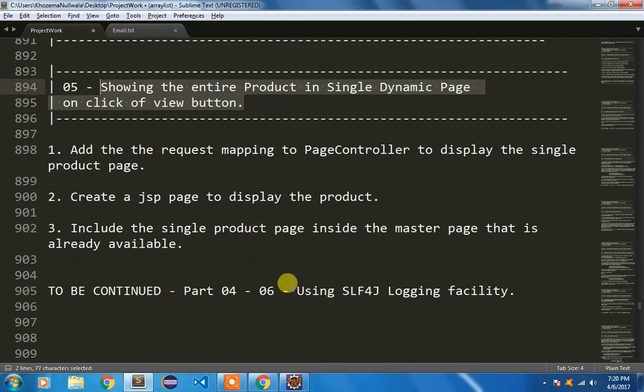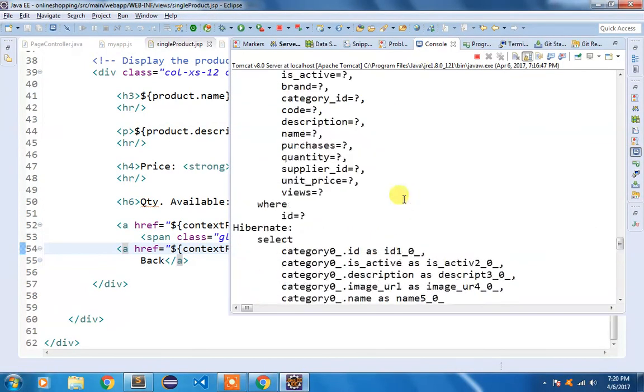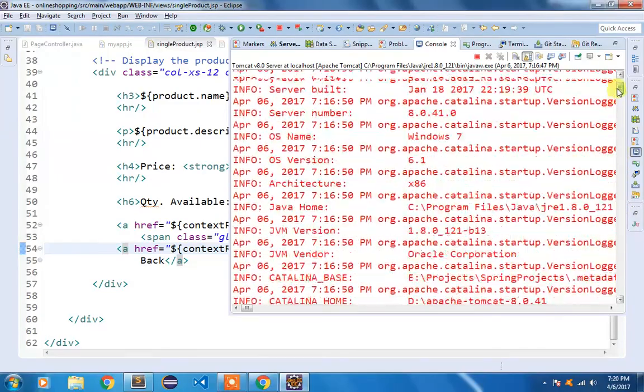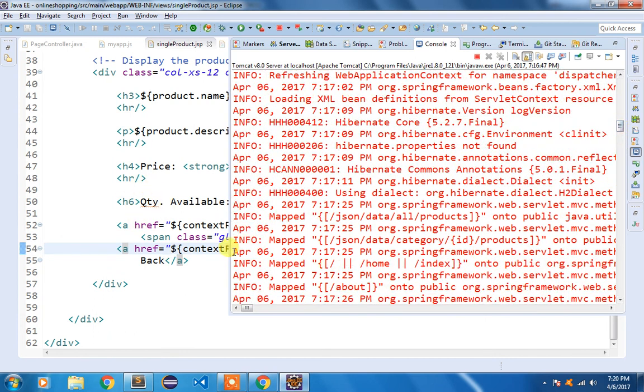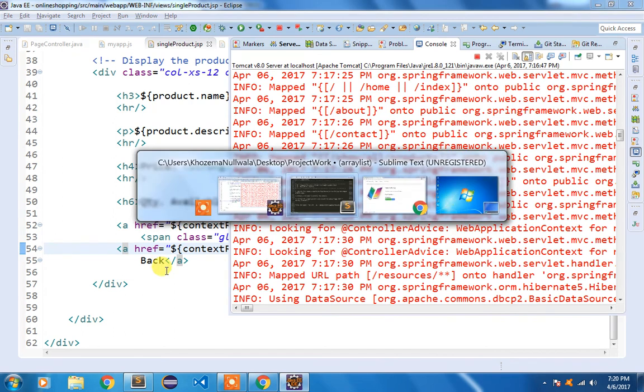Next video I'm gonna show you how to use this SLF4J logging facility, because if you notice something, every time I check this console, we get this logging of all the events that are happening. I want to use a facade where I can use any logging framework, not the one which comes with our Spring framework. So that will be our next